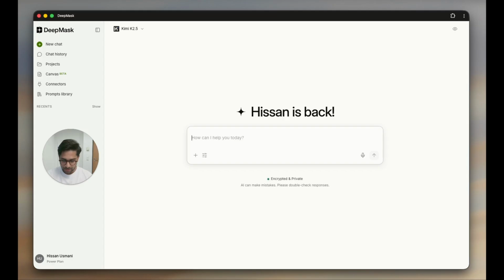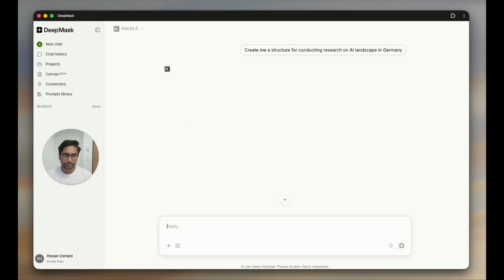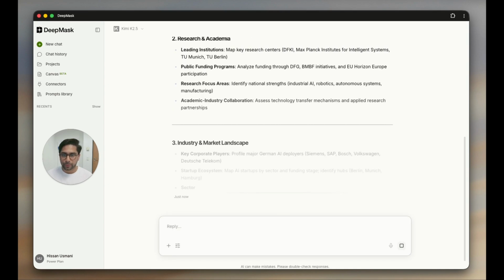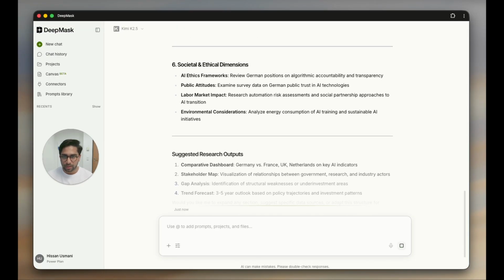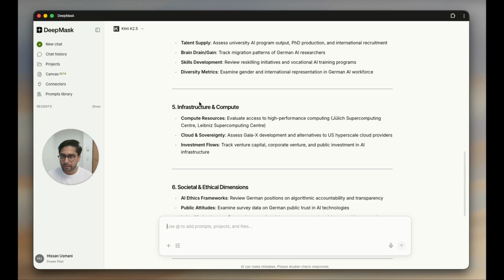Note this. Create me structure for conducting research on AI landscape in Germany. It could be any research you can start with. It could be any documentation you're working on, and then we see that the AI model was able to create